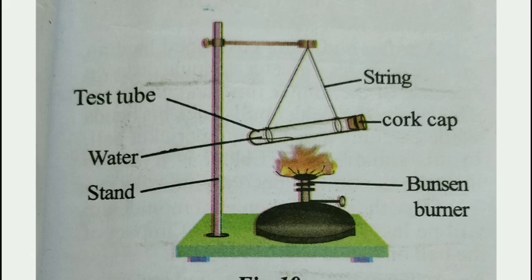If you observe the difference in the velocities of the rubber cork cap and the recoiling of the test tube, both will be at the same speed. The rubber cork cap will shoot out from the test tube, and with the same force the test tube will be thrown back also. In this way, Newton's third law will be exerted on two different objects. When they exert forces on each other, they will be equal in magnitude, that means equal in value, but they will be in opposite direction. That is the thing which we will be learning here.